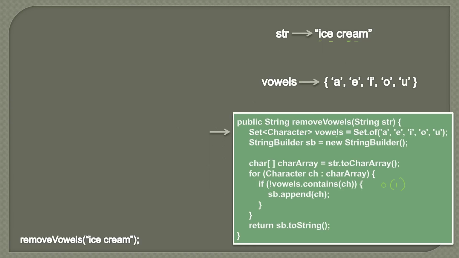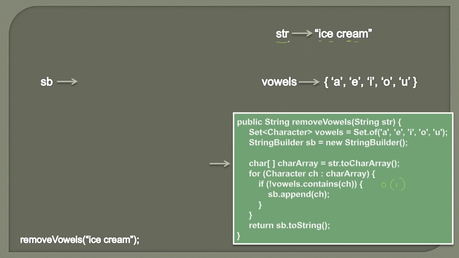After creating the vowel set, we will create an instance of StringBuilder. Why we are using StringBuilder is because when we remove the vowels from this string, we would be creating a lot of intermediate strings. To avoid that, we are using StringBuilder. The StringBuilder class is provided by Java, which deals with the operations performed over a string and helps us generate a string without a performance hit.